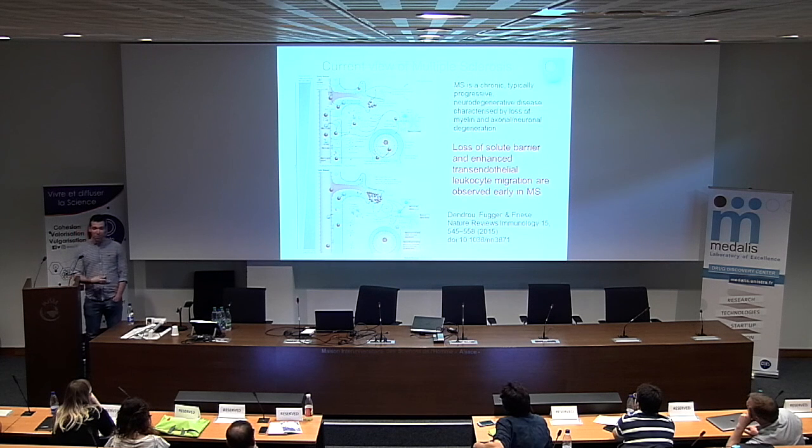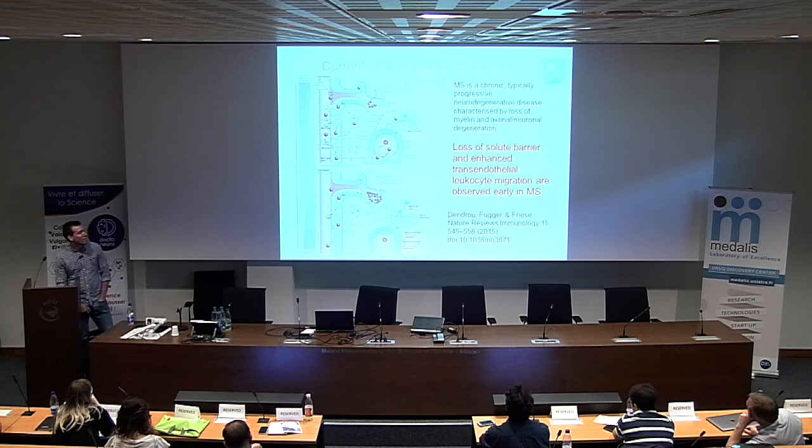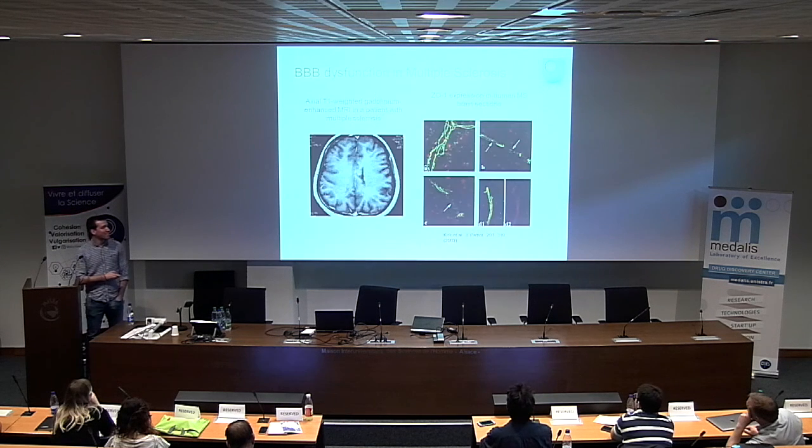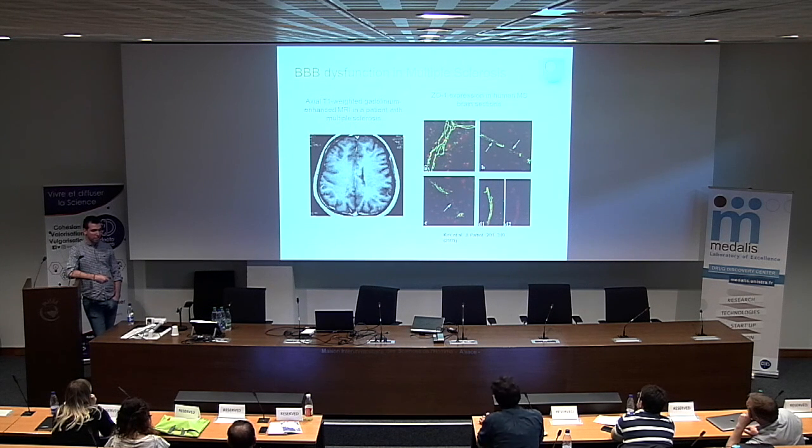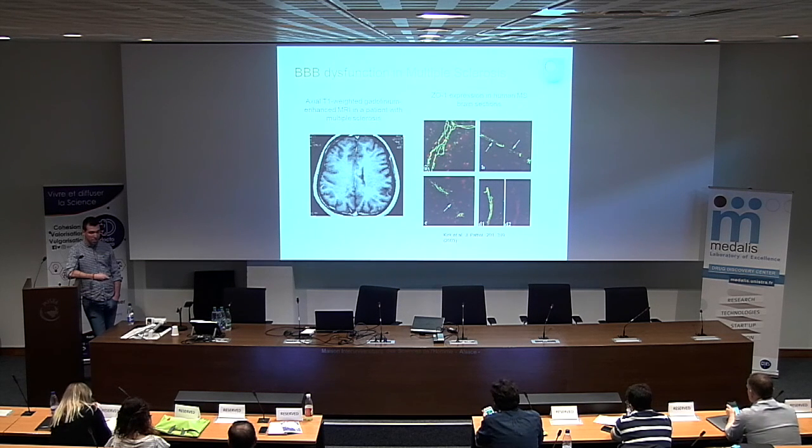I think we can all agree that this is tricky. A loss of barrier integrity and enhanced transendothelial leukocyte migration are key hallmarks of multiple sclerosis pathophysiology. Together with this infiltration of leukocytes, we can observe that inflammation is exacerbated by the loss of integrity in the blood-brain barrier, and we can observe that in patients with multiple sclerosis,